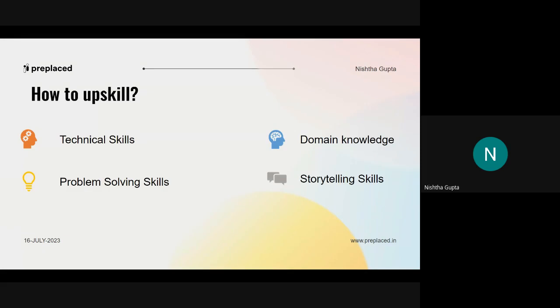So, we'll deep dive more into the technical skills, which is the main thing for this session today. This is the main area where most of the people come to me and ask, Nishta, what is the correct roadmap to actually enter this field, and what are the typical resources we should be looking forward to. So here we'll have answers to those questions. We'll look into some sort of basic roadmap, right? If you are just starting out, and if you are a beginner in this field,